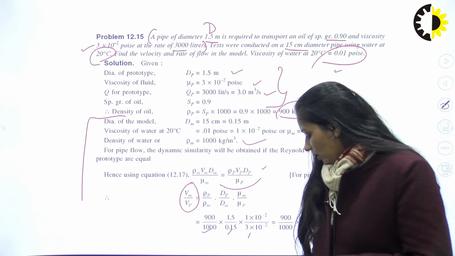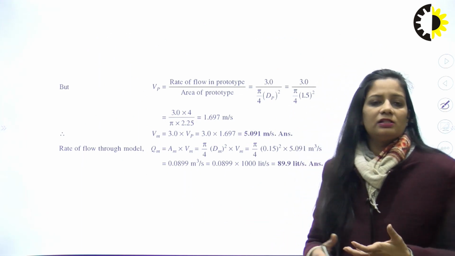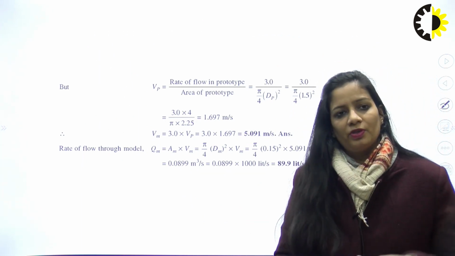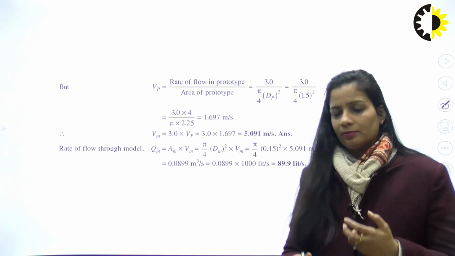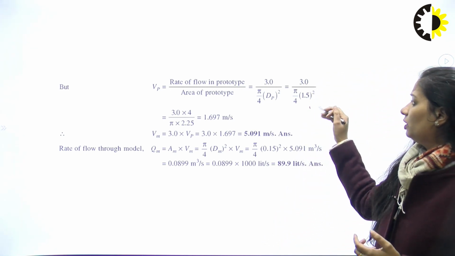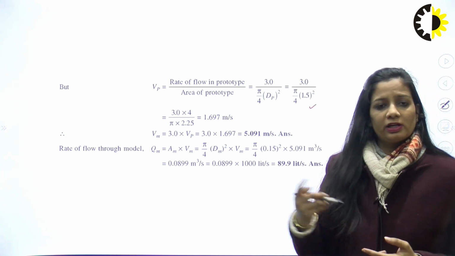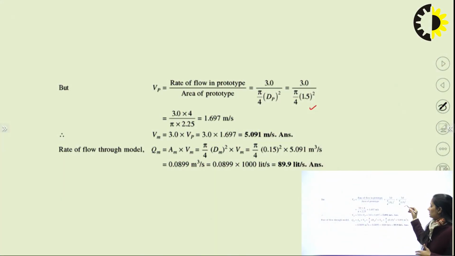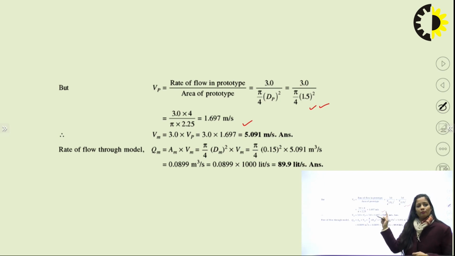Okay, now because we know the discharge flowing in the prototype and also the diameter of the prototype, we can get Vp. So Vp will be what? 3 divided by area, and area you can formulate as pi by 4 times 1.5 squared. So just calculate this formula for Vp and you will get the value of Vp as 1.697 meter